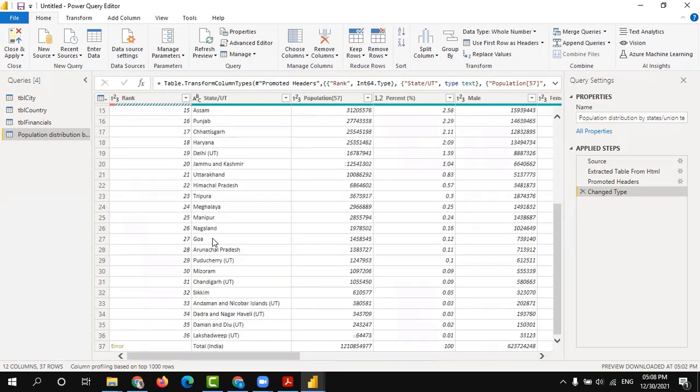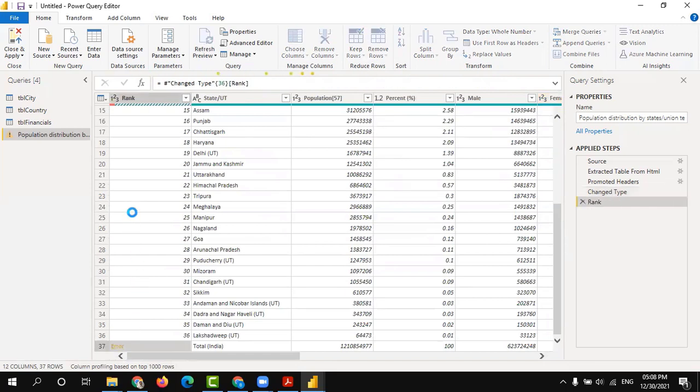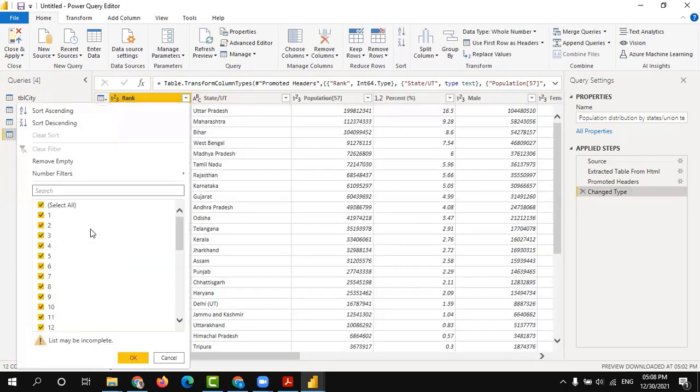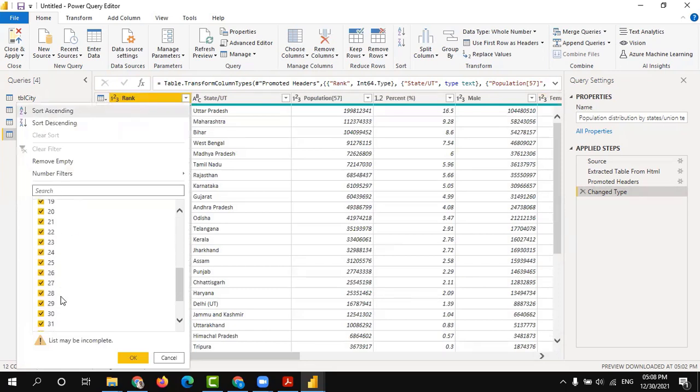Transform is nothing but this. You can see here there is an error. You can click on that error and see that the data type is not able to be identified. So what you have to do is eliminate all the errors.